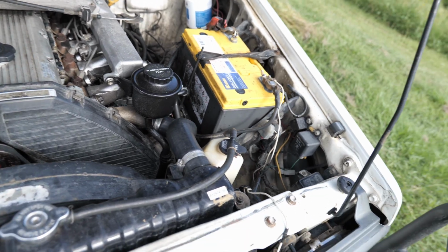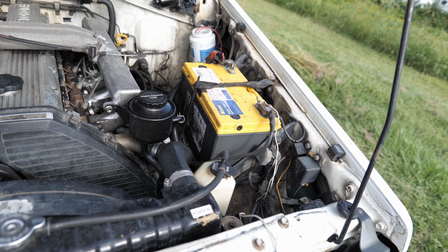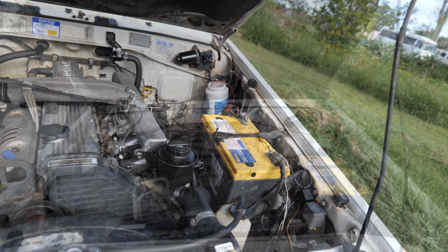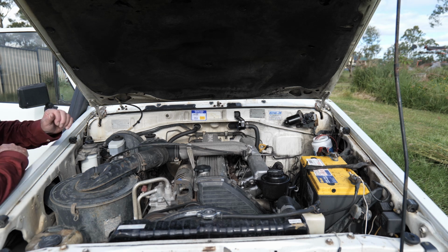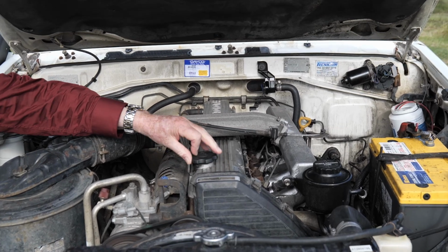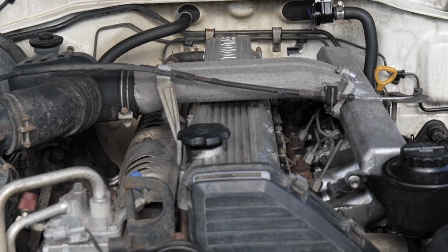There's a dual battery setup, but I've actually removed one of the batteries, tucked the wires in that little tub back there, and I'll explain why I've done that in a moment. She runs pretty well, and now I mentioned that I'd taken out this second battery and also removed this panel